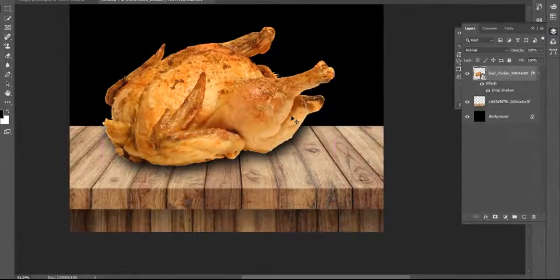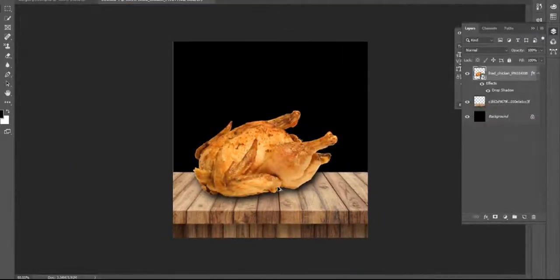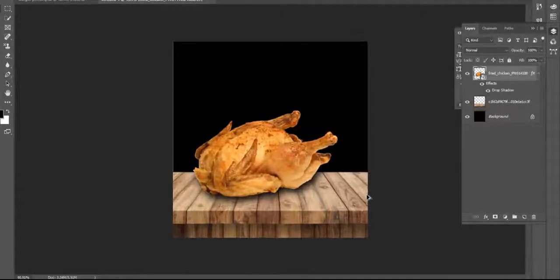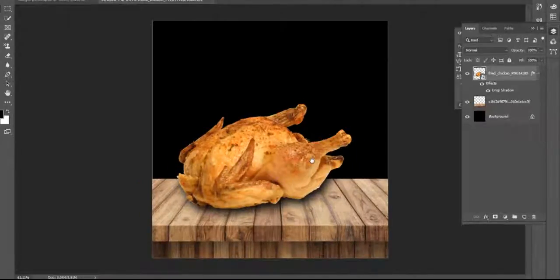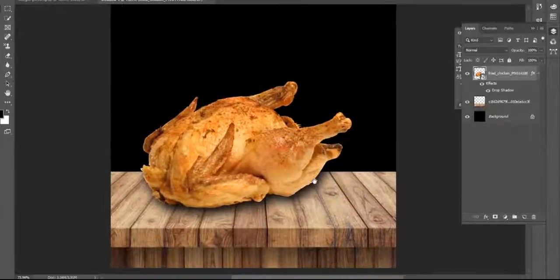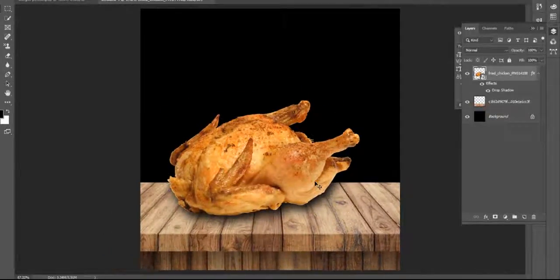So here look, now it looks like the chicken is on the table, right? So this is an Indian restaurant that serves tandoori chicken. This is hot chicken, whole chicken.